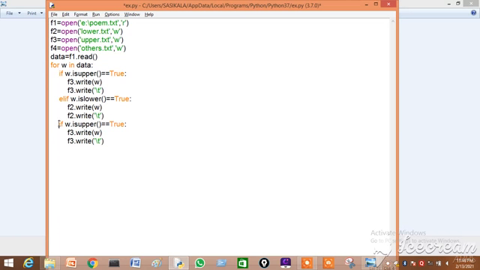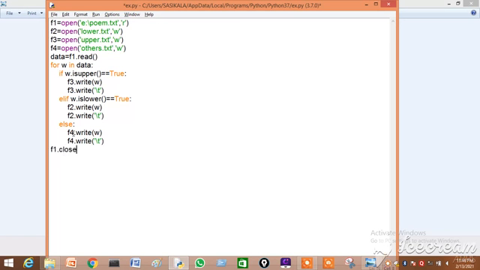So this is going to be other. In this no condition is needed, whichever remaining everything is going to be stored here. So else, F4, here also F4. Then we have to close each and every file.